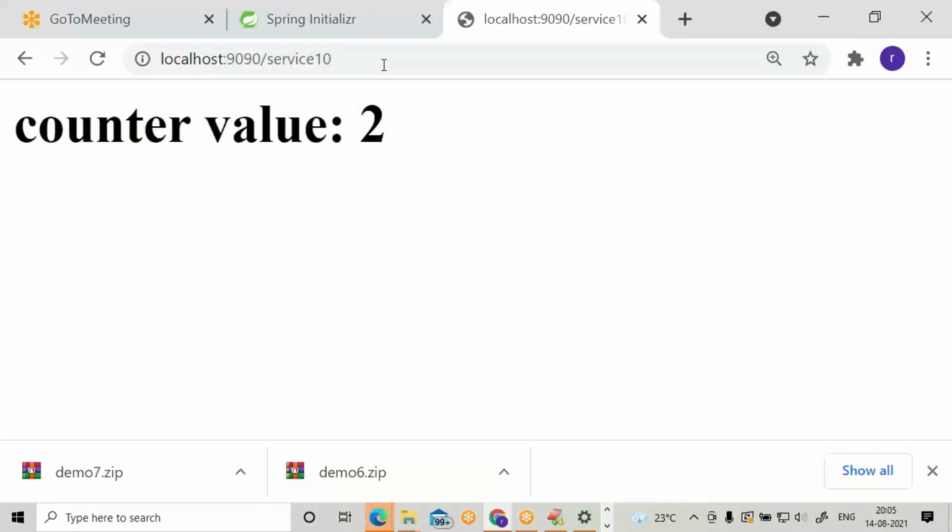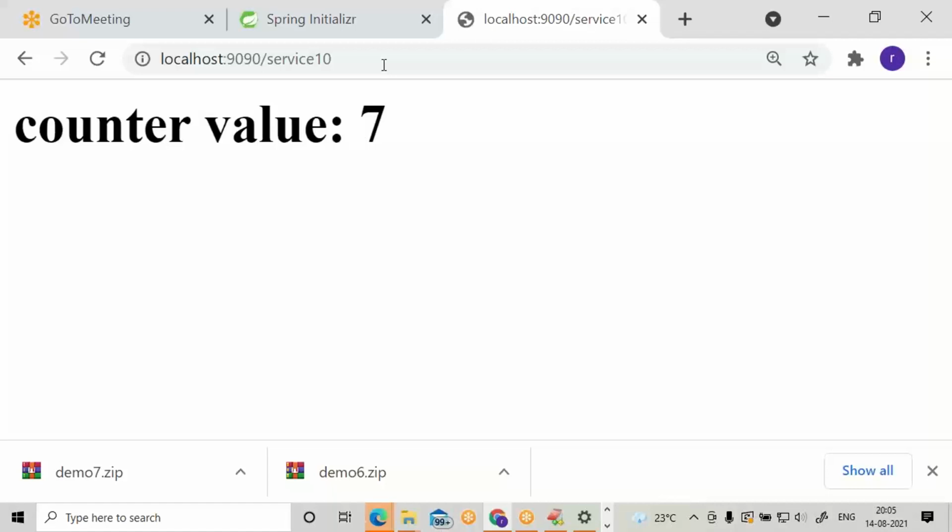After 4 seconds, automatically, without user intervention, the browser makes a call. In the case of a cricket score, it is updated automatically without our refresh, without user intervention.